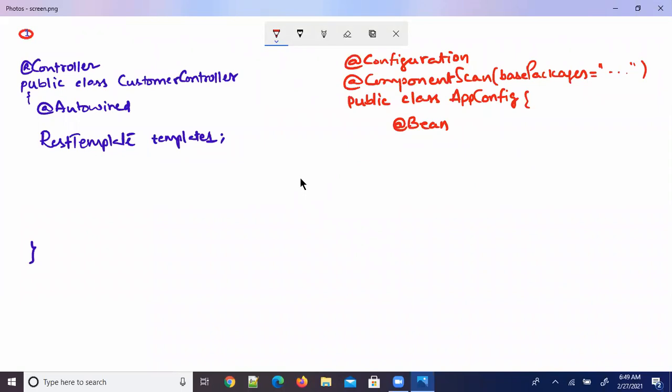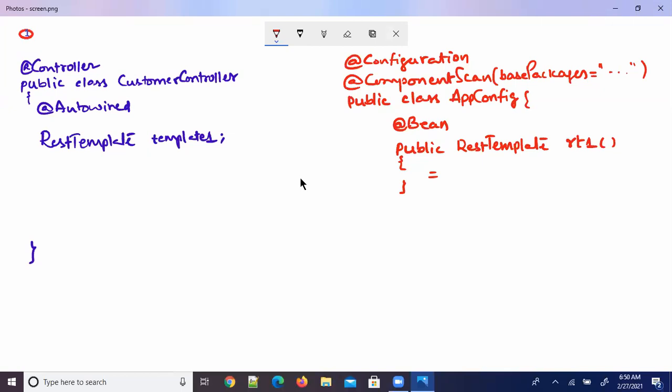Say, for example, I'm writing public, and it returns a RestTemplate. Say RT1 is the method, and the code goes there.